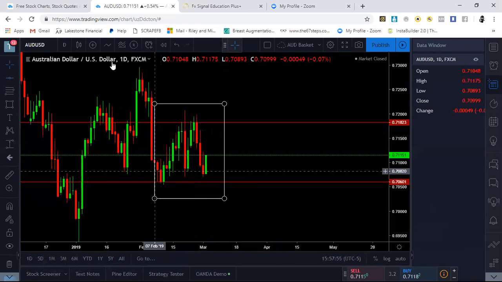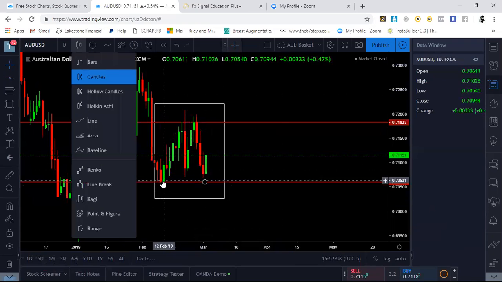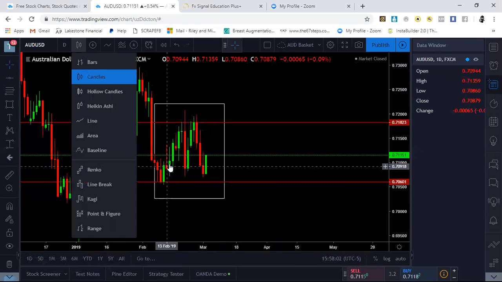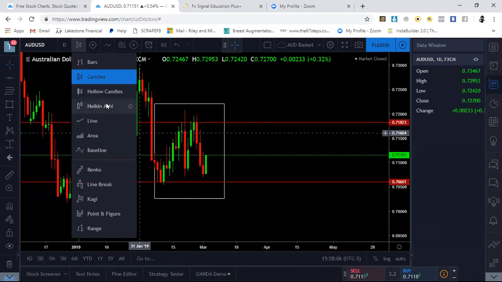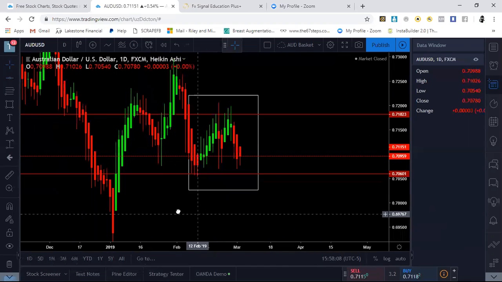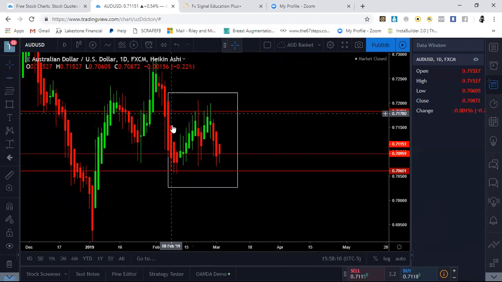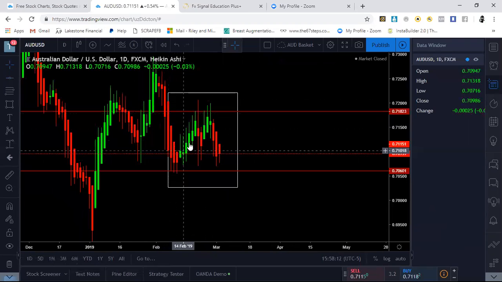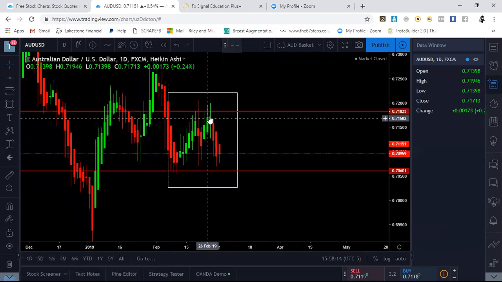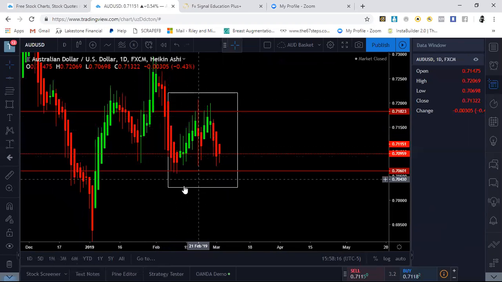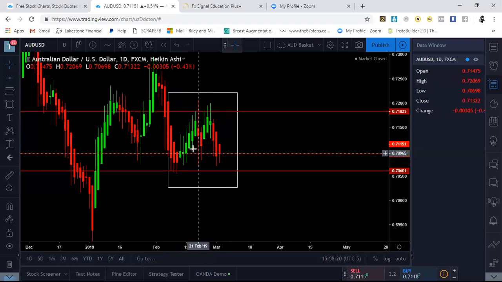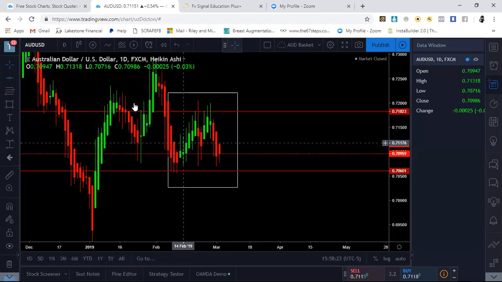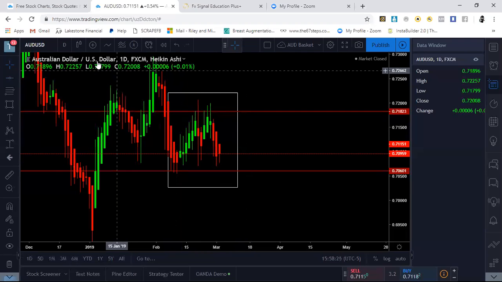Let's see what the difference between Japanese and Heikin-Ashi is. You can see it went bearish, bullish, bearish, bullish, bullish, bearish, bullish, bullish, bearish, bullish. Now watch this. Can you see the much more clear movement? Much more clear movement. You can see when I switch back to